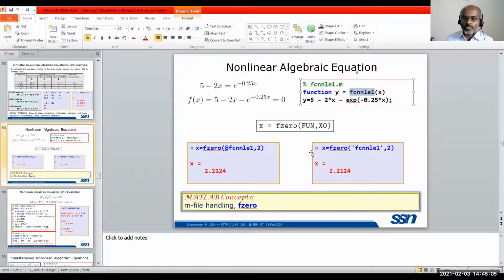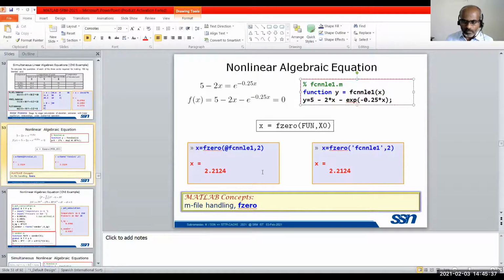Fine. Thank you. As here, for any other solver, we'll create a function file, some meaningful file. You can give any file name. So what we understood from here is how to handle an M file. A function name is here, and the file has the extension .m. That's why it is called an M file. An M file is a file with the extension M.